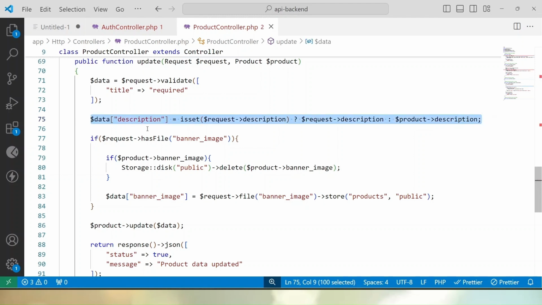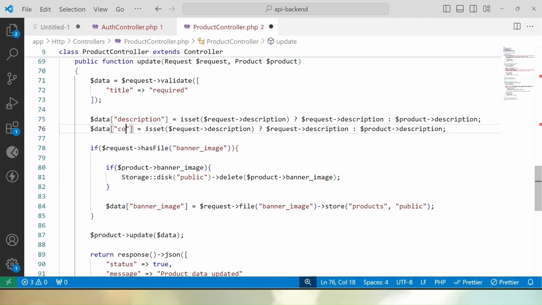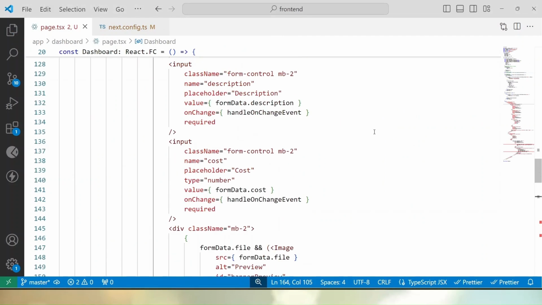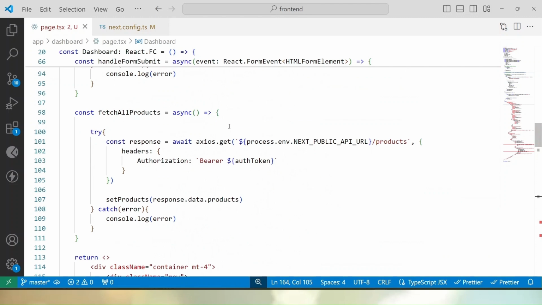Now save these changes. Same goes for cost. So here it will be cost. Let's copy cost, cost, and cost. So inside update operation, this is for title, description, cost, banner image, and obviously we'll have the user ID. Now if I save all these changes, let's go into our front end setup, and here inside our handle submit function,